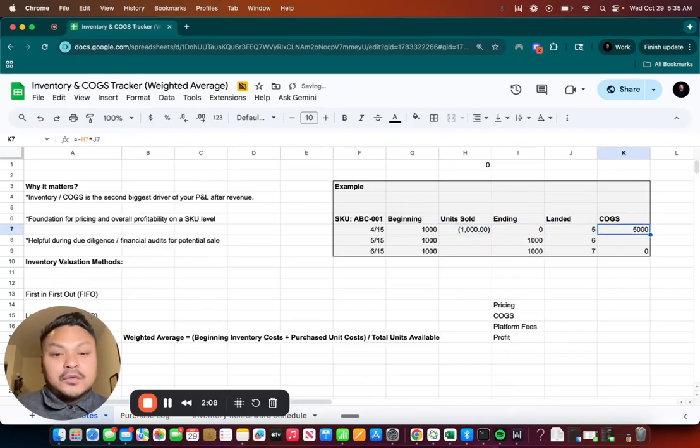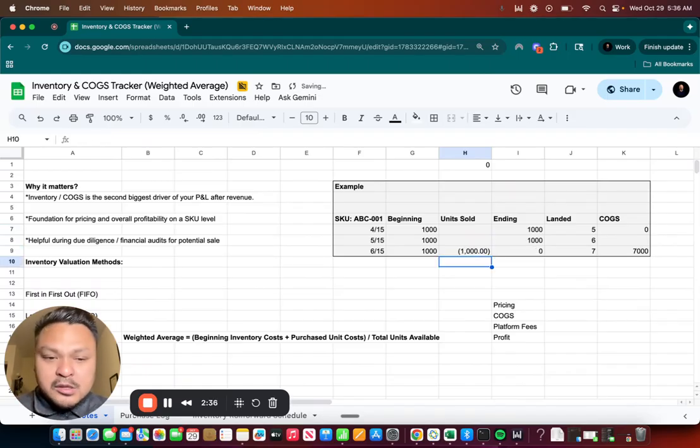That means our cost of goods for, say, July, say we're tracking this in July, is $5,000, right? We sold 1,000 units at $5 landed. Our cost of goods for that month is $5,000. So that's first in, first out. You're basically expensing all the oldest inventory first. The other method is last in, first out, which means that